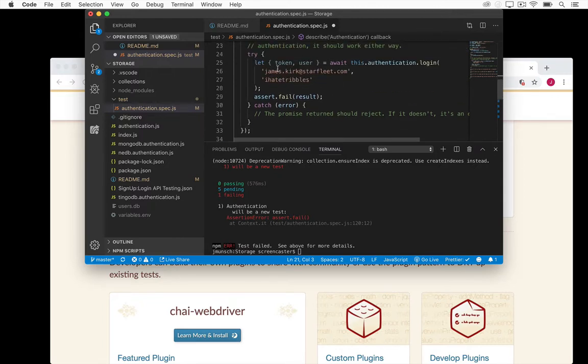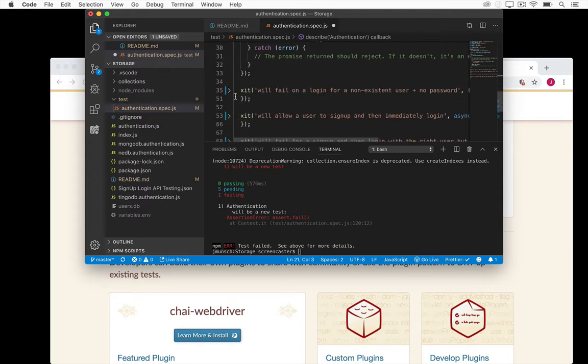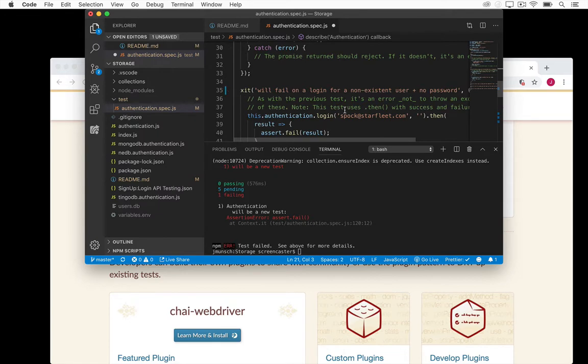I also came up with this stuff a little bit later and added on. I want it to return a user. I want it to return a token. I could have left that off here knowing that this should fail, but for the moment, I left it like that. The next test I wrote,